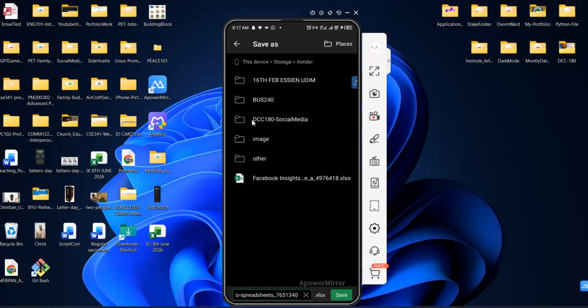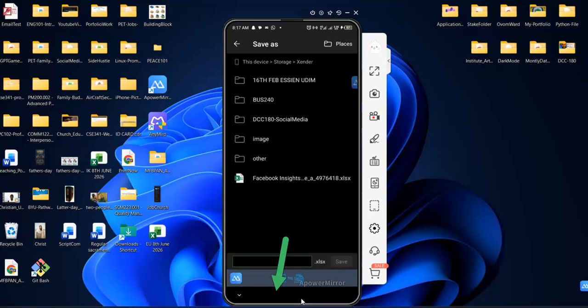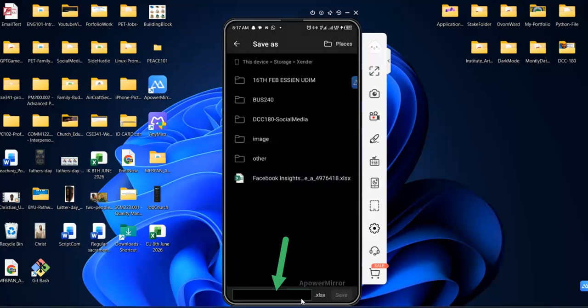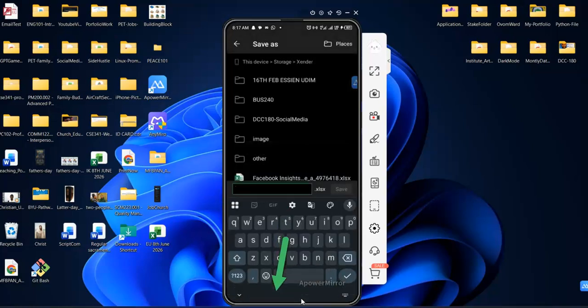So when I click on Xender, it's going to ask me, do you want to save it here? I'm going to say yes, I want to save it here. But before I do that, look below. You're going to see rename. I want to rename this to what I can remember, and I'm going to change my keyboard. I'm going to use the Gboard. So I want to save it to my name, Christian